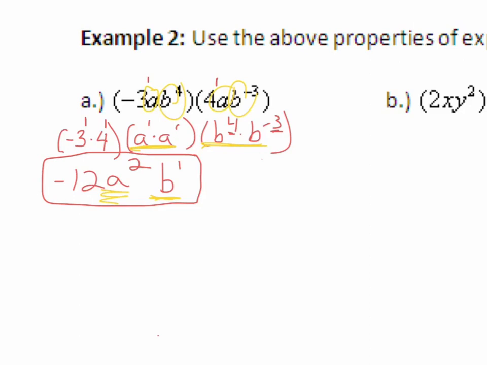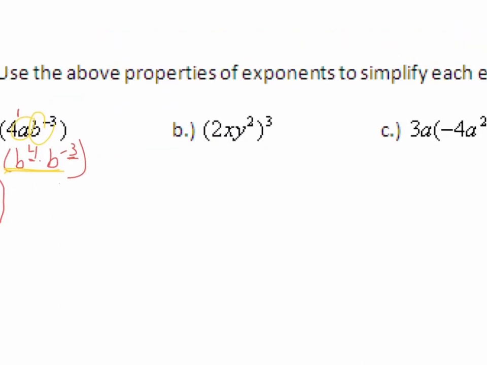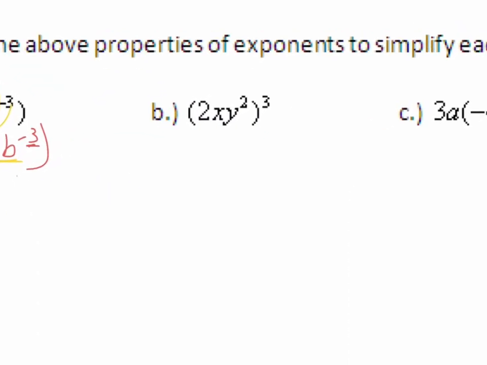Any questions on part A? Woo, it was really fun. Let's do it again. All right, so part B. Notice that there's no plus or minus signs in that set of parentheses there, which that's my cue. I am allowed to distribute that exponent to everything you see in that set of parentheses. So again, we could say, because we're about to apply our property of exponents here, I have 2 to the first, x to the first, and y squared, which means I need to distribute that 3 to every single exponent